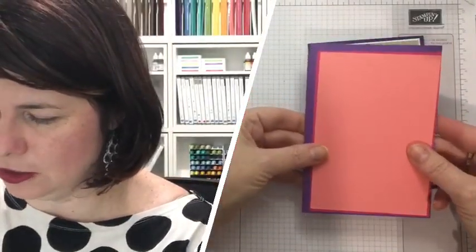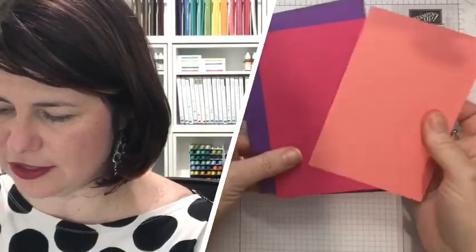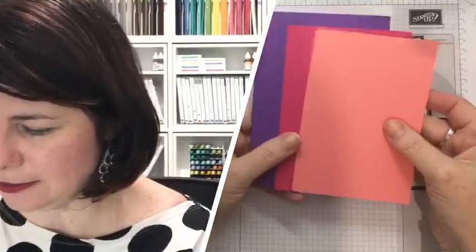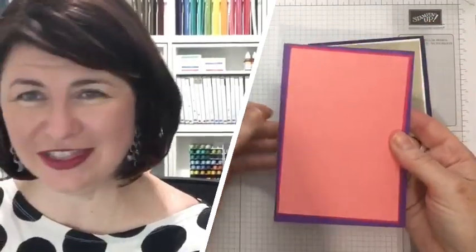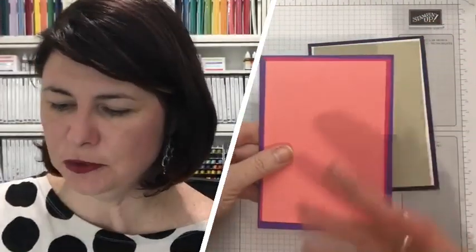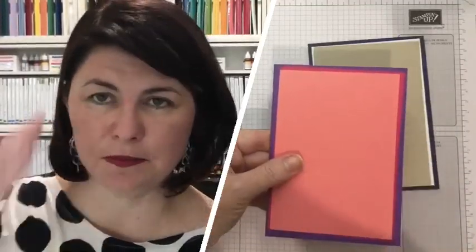So I look at this little template here, and then I can flip it around. I've got all the measurements on the other side. For me, in my country, the measurements may be different for you depending on where you're at and what you've ordered. And then I don't have to think. It's a no-brainer. And eventually you will get so accustomed to these measurements and layers that it becomes like